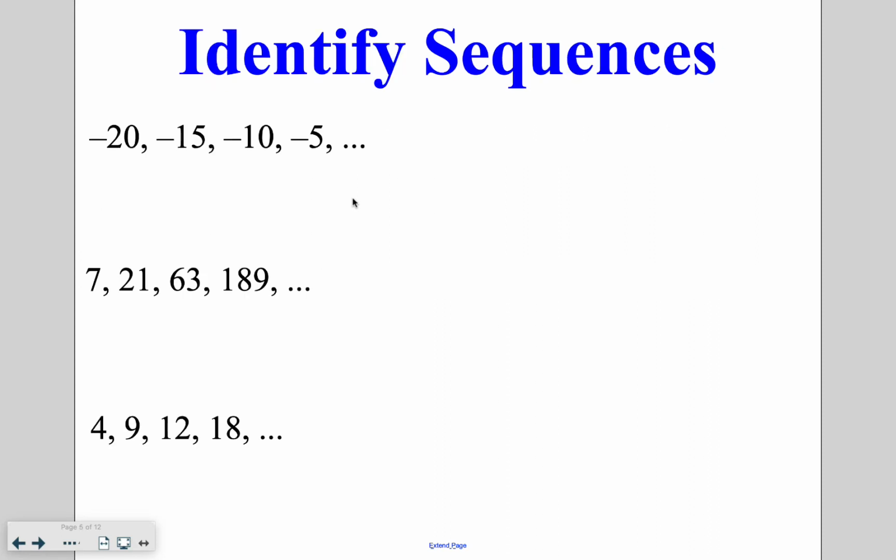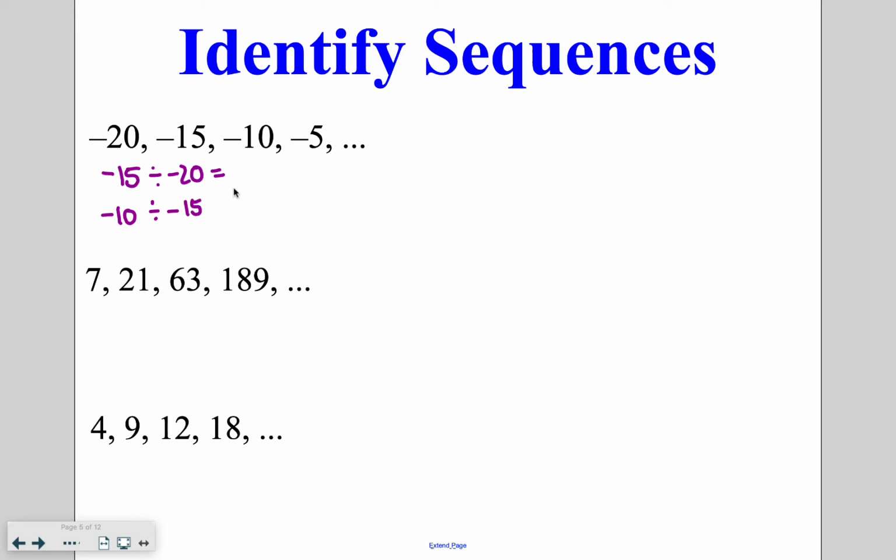So our first job is to identify the different types of sequences. In order to do this, we want to compare the numbers. So I'm going to start by looking to determine if it is geometric or arithmetic. In order to do that, I'm going to take my numbers, so negative 15 divided by negative 20, and then I'm also going to do negative 10 divided by negative 15 to see if those ratios,